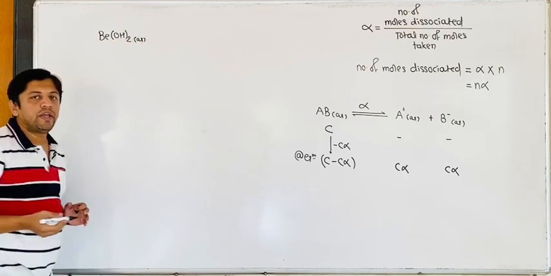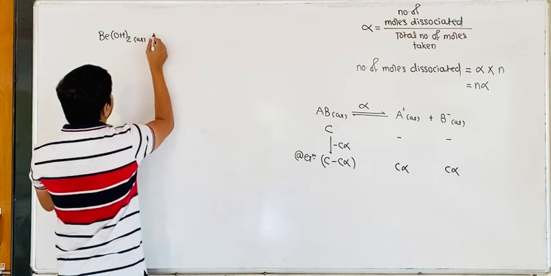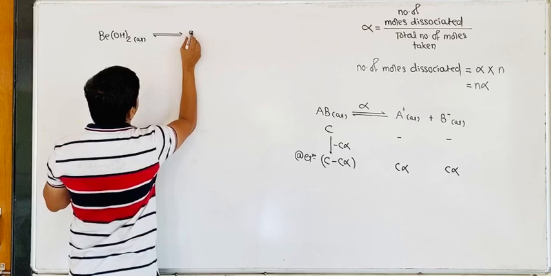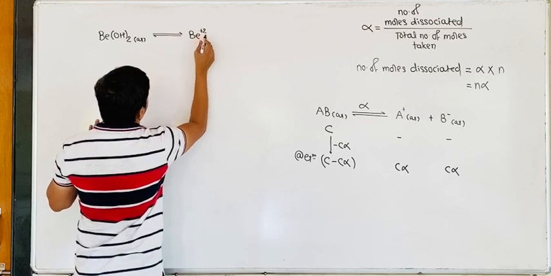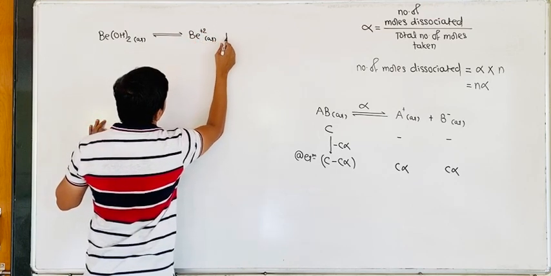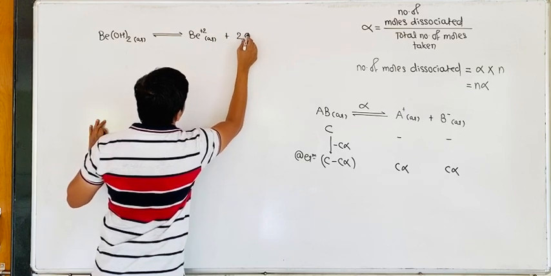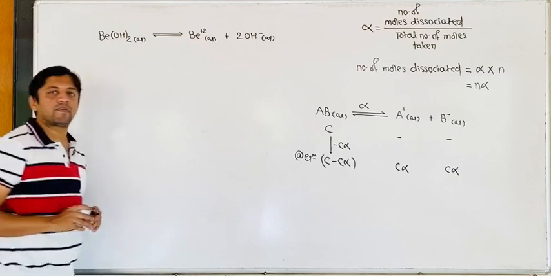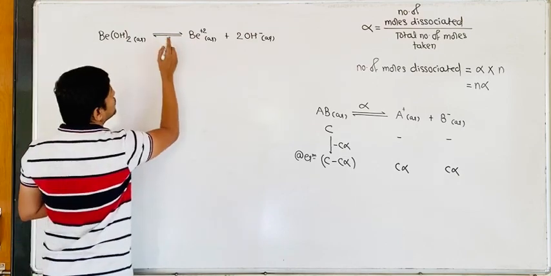Beryllium hydroxide is a weak base. That beryllium hydroxide dissociates into Be2+ aqueous plus 2 OH minus aqueous. If the degree of dissociation of Be(OH)2 is alpha,